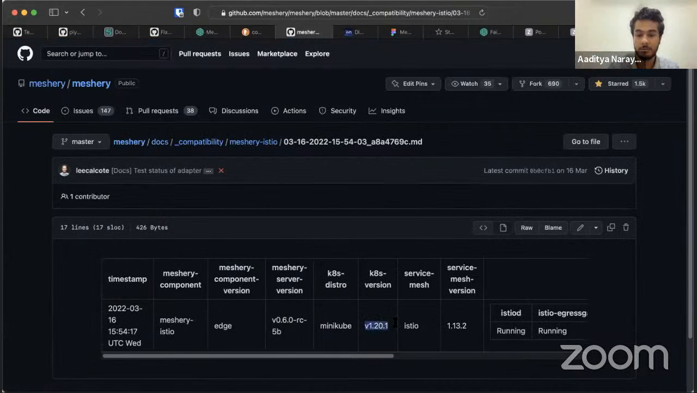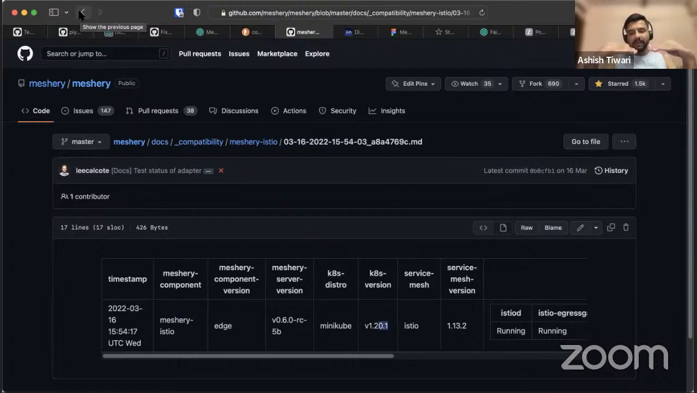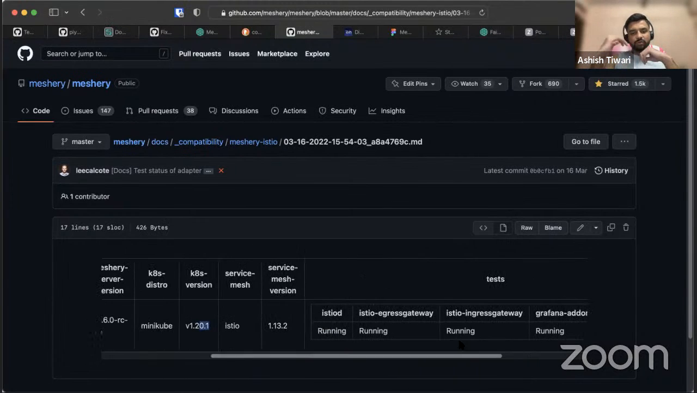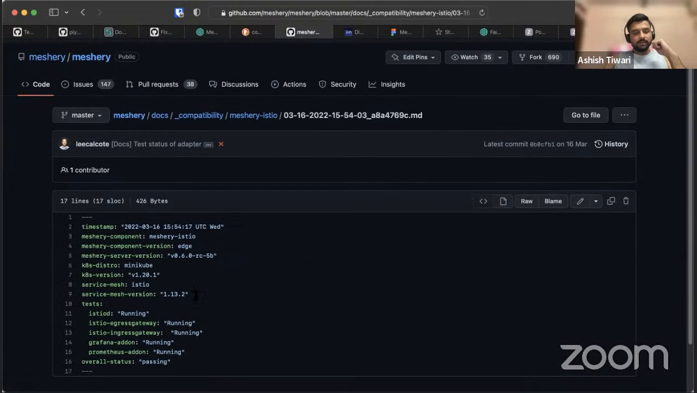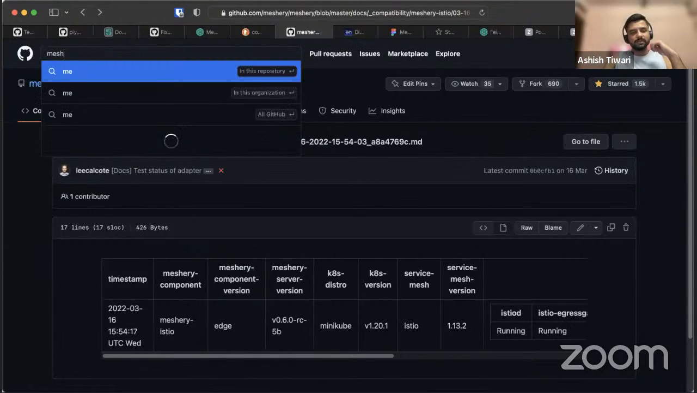Okay, see this one. Oh, okay. Yeah, this actually should have had more rows than this. This markdown, yeah, each row would have a single Kubernetes version. Yeah, so this is not something. Can you go back to Meshery Istio, or any adapter? Just go to Meshery Istio